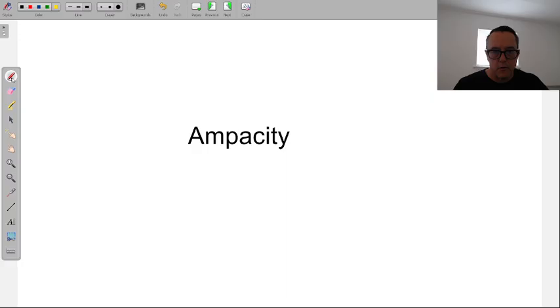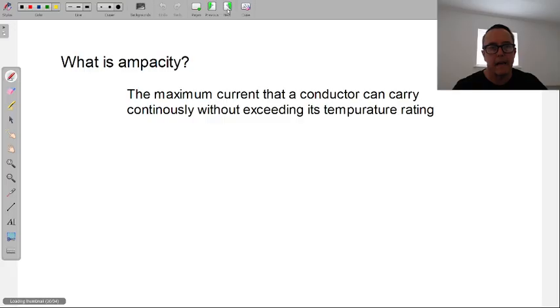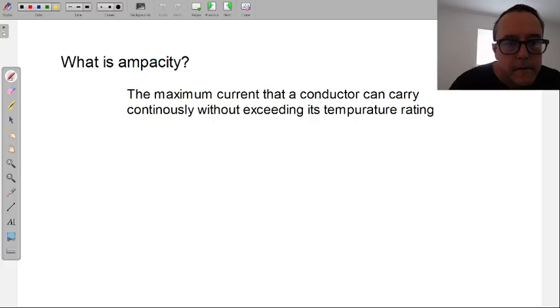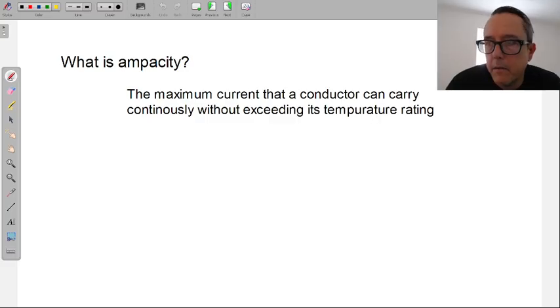All right, so that's the first thing to understand about this word: ampacity is a wire's ability to carry amperage. So I have a definition here. We'll use this as our definition. If you got it, good. If you want to write this down, I'd say even better, just so you understand it in a more technical way, and a lot of the ways in which the books are going to throw these words at you. So that's what it is.